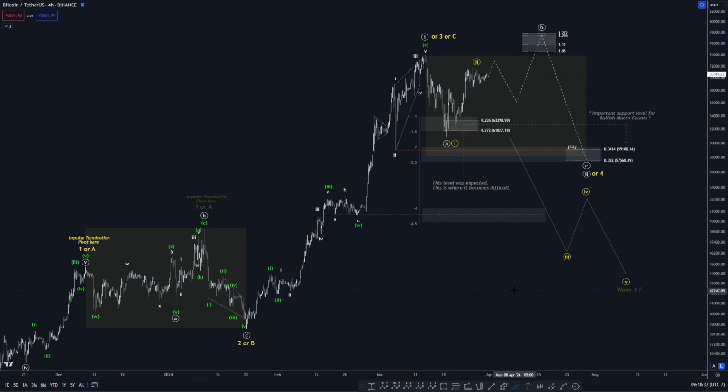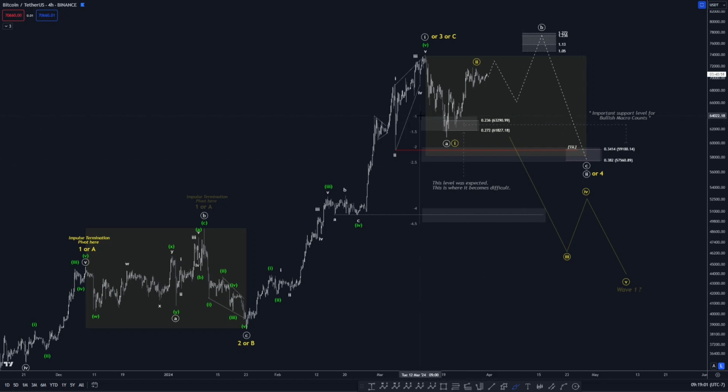Now, essentially, we're still looking at being a correction. The guideline right now, first, as a base, is the length of this correction. We want some similarity in time if this is a wave 3 and a wave 4 of the minor degree. And this is something that we've been following.